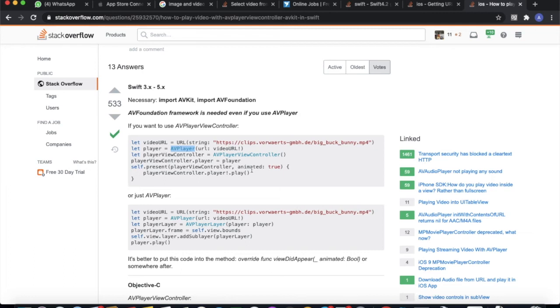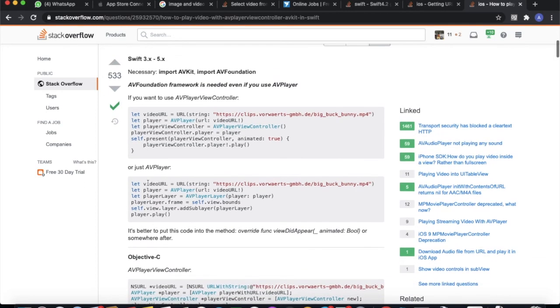Yeah, this thing is also good. You do not need everything to add in making this. You can use a player controller only. So this is also good. Or you can use the player layer, or you can set it in the view. So there are two options. You can use AV player controller and present that with that URL and play it.